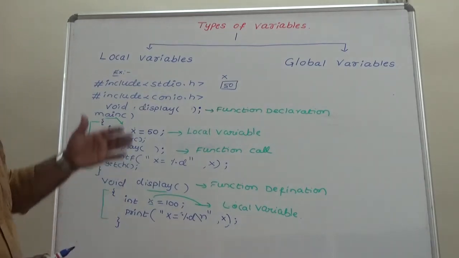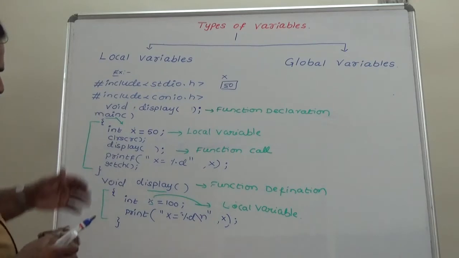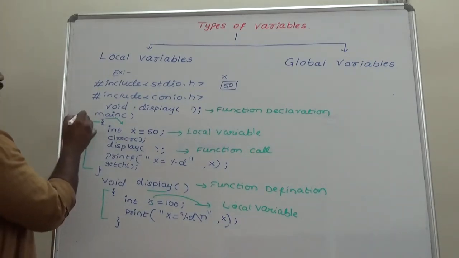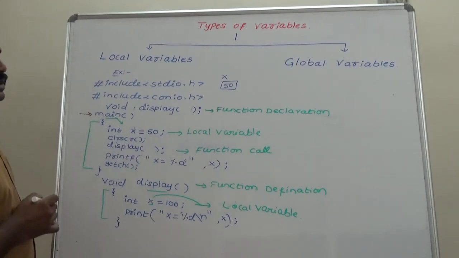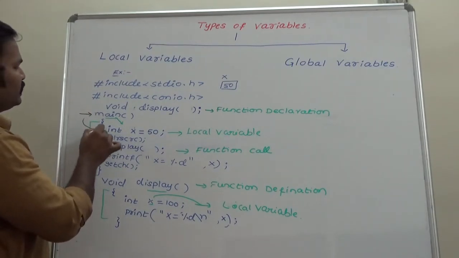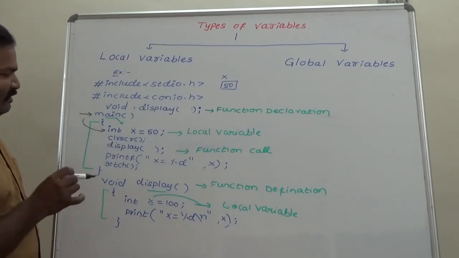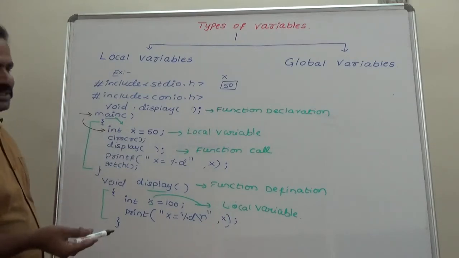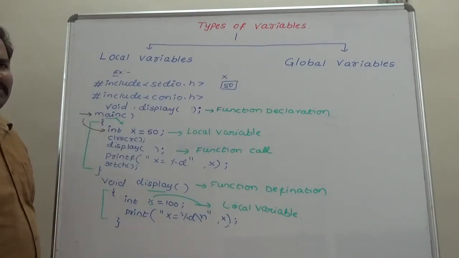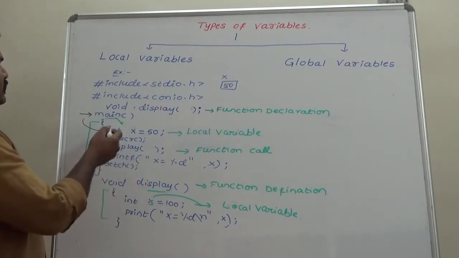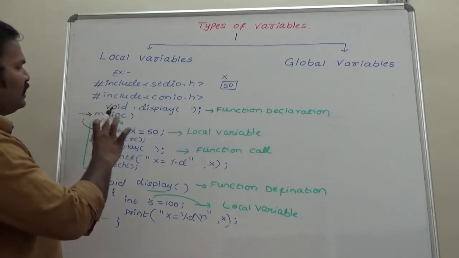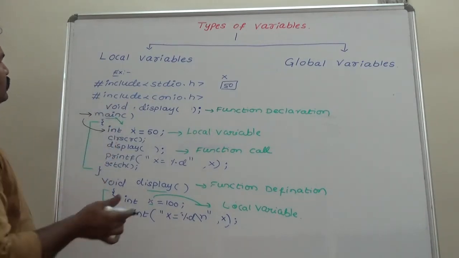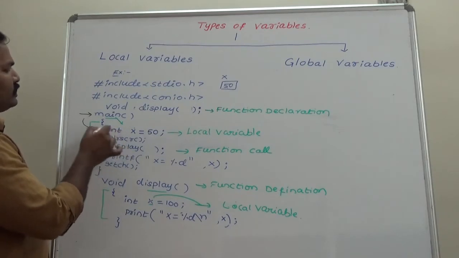Right. So if we execute this program, every C program execution starts from the main function, and execution control executes the statements. Okay, so why are we calling the display function in the main function? Because program execution starts from the main function only. So the C compiler executes the main function. Okay, so first statement